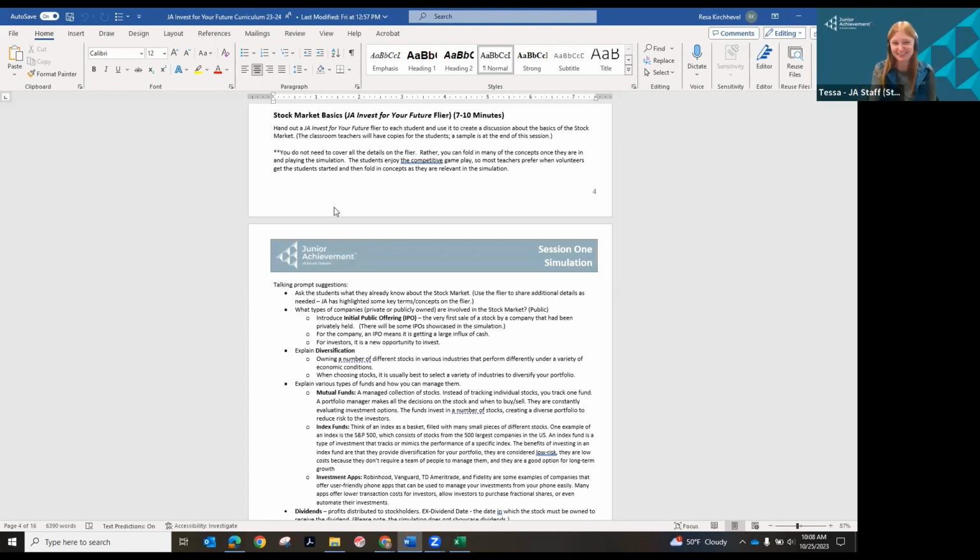Table tents, and then also slips of paper to get the students in. And the one thing I want to show you or tell you is that these are color coded. So if your classroom teacher has more than one section, the very first personal finance class they have will be blue. The very second one is going to be, I think it's green, and the third one's going to be yellow, etc. So make sure that you know what your color is when you get there and just double check,